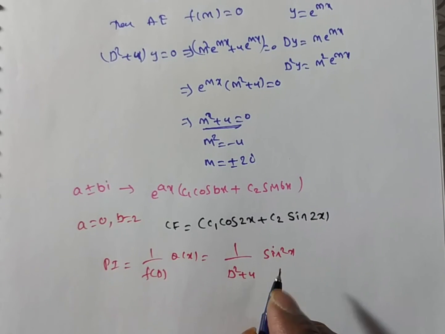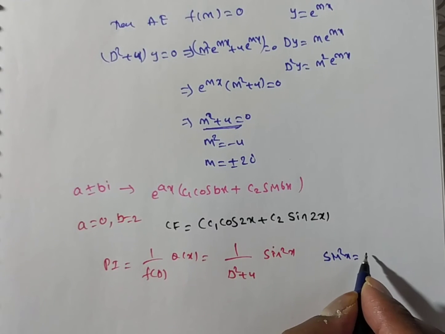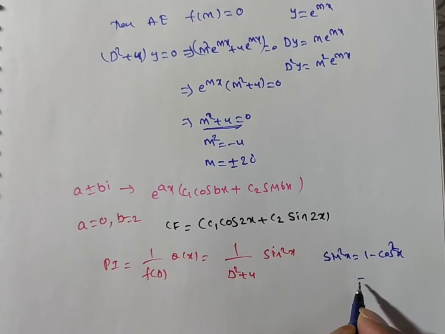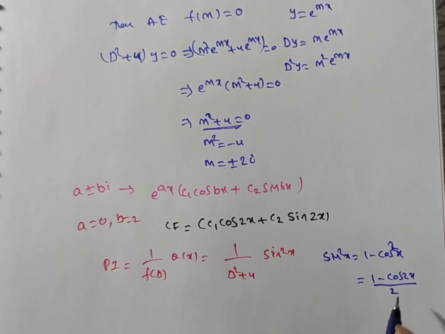So product of two terms are there. So change into linear form, nothing but degree 1. Sin terms or cosine terms we have to change. What are the formulas we have? You see, sin square x, we have two formulas. That is sin square x = (1 - cos x)... first formula. Another formula, sin square x = (1 - cos 2x)/2. So which formula you have to apply? Can you apply both or only one? We will discuss now.